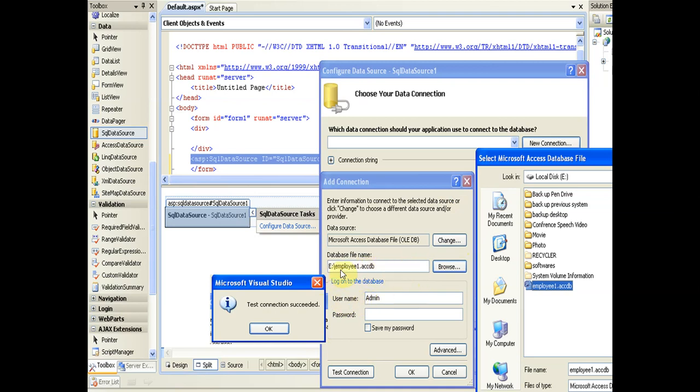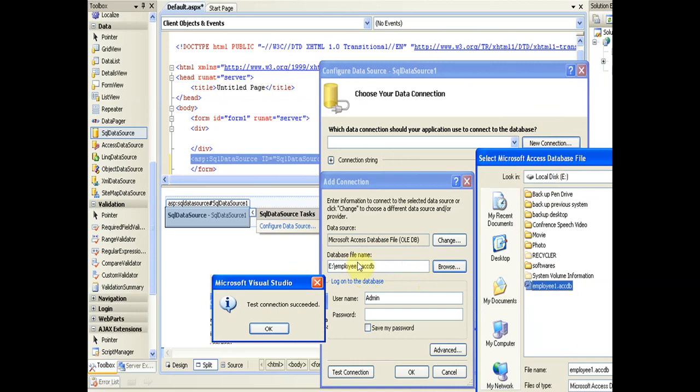So we have selected employee.accdb, which is the database, and through browse we will come to this employee1.accdb database. This is the new window you can see here on the left side.